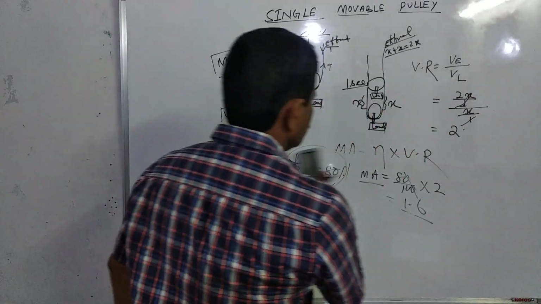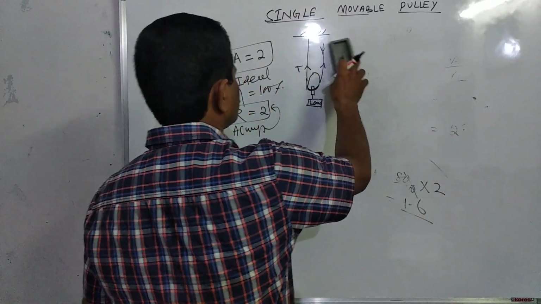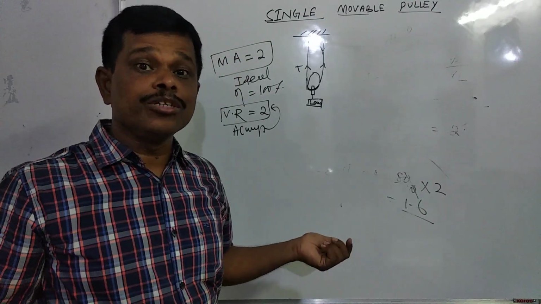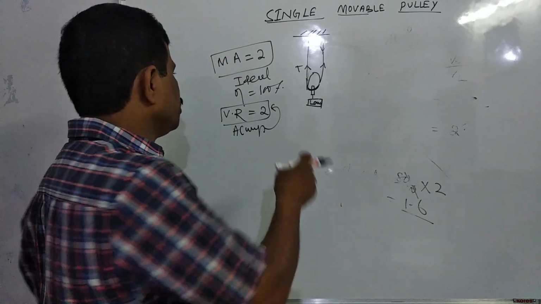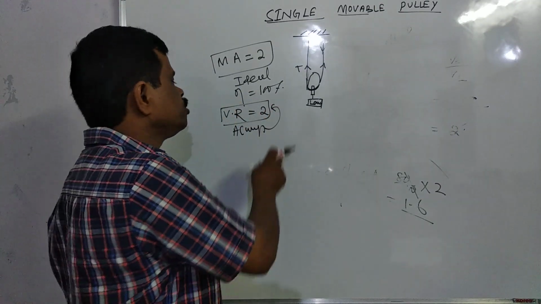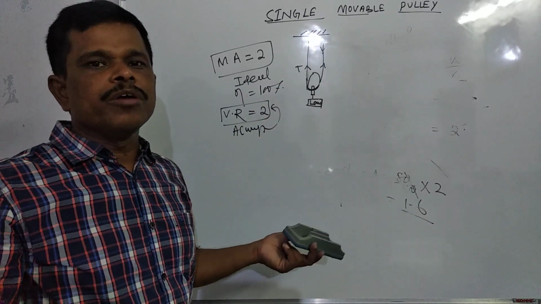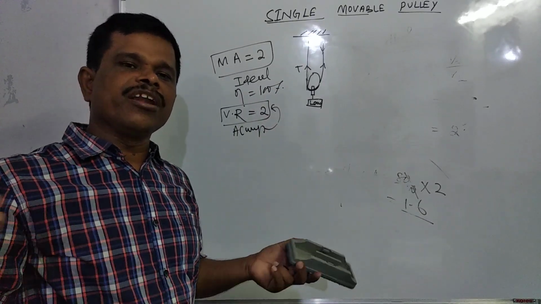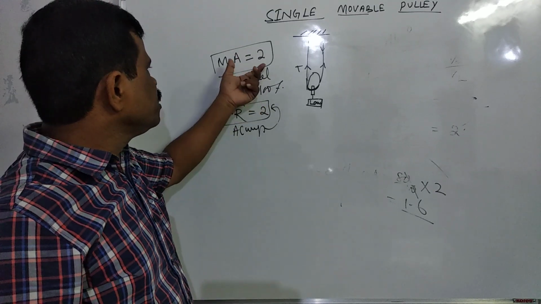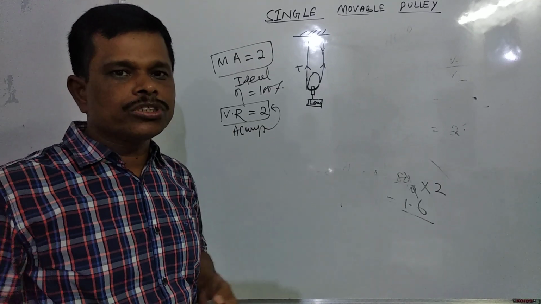Dear student, here the mechanical advantage of the machine is 2. Very good. It acts as a force multiplier. And velocity ratio 2 means it decreases the velocity of effort. So it does not act as a speed multiplier, because you know a machine cannot act as a force multiplier and a speed multiplier at the same time. This machine acts as a force multiplier. So very good, it multiplies the force.